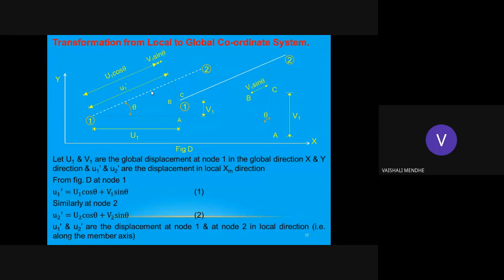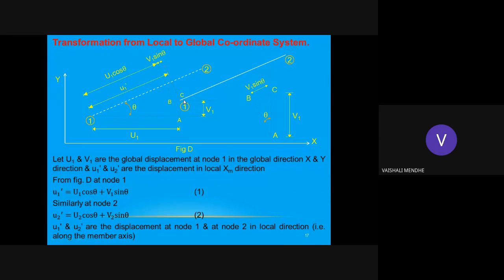But under the action of the loads on the structure, there will be deformation in the member. So this second line shows you the deformation of this member. This is the position of the member after deformation, and this dotted line is the position of that member before deformation. Here you can see node 1, this is before deformation, and here at C you can see the deformation. This is for this member, after deformation.